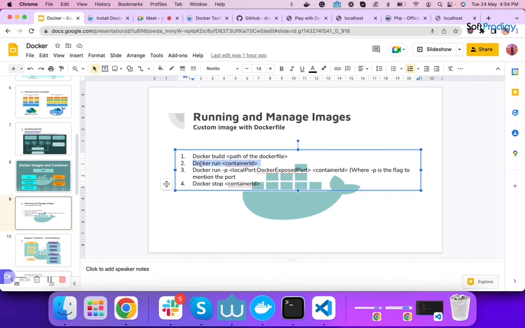After that, if you want to expose a particular port to the localhost, you have to mention the localhost port. If you want to use the same port for both, you can mention 3000:3000, then your container ID, and you will be able to run your container application on your localhost. After that, you can stop a container by using the docker stop container ID command.